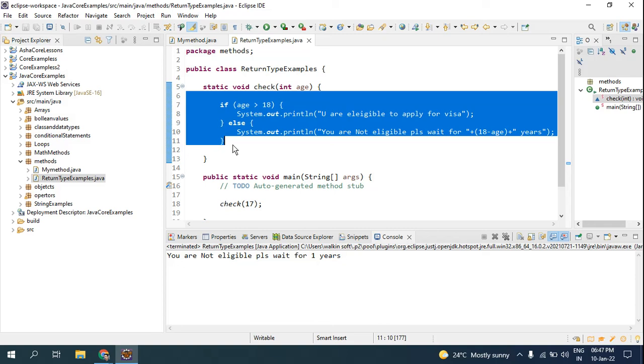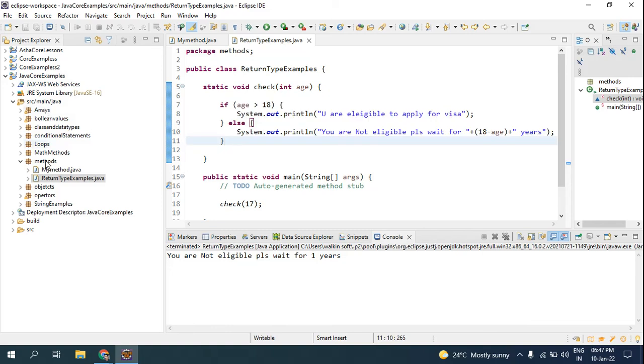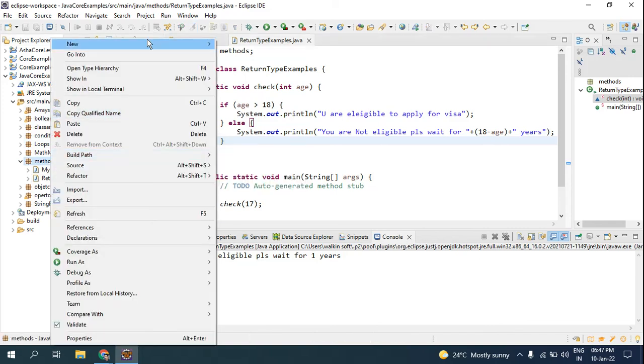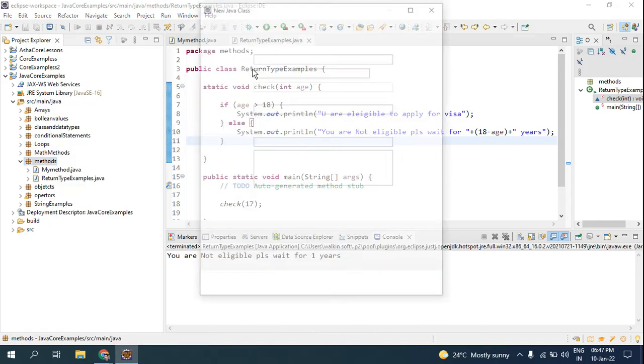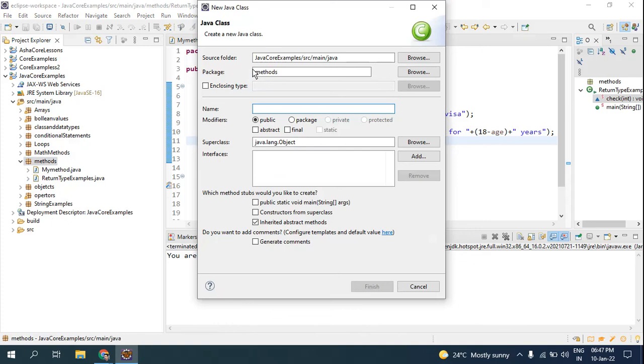Method overloading is nothing but you have a method, and you can have the same method name, but you can have different parameters or different data types. I'll create a new example here. The example I'm going to show is about method overloading. Overriding is different from overloading. We shall see overriding once we complete inheritance, because it is completely related to inheritance. But method overloading is not related to anything.